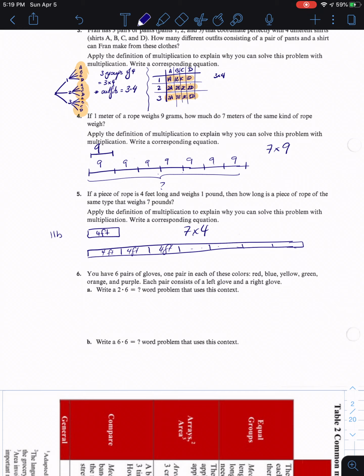Number 6, if you have 6 pairs of gloves, 1 pair in each of these colors, red, blue, yellow, green, orange, and purple, each pair consists of a left glove and a right glove. Write a 2 times 6 word problem that uses the context. So 2 groups of 6 equals what? So one of the questions could be, how many